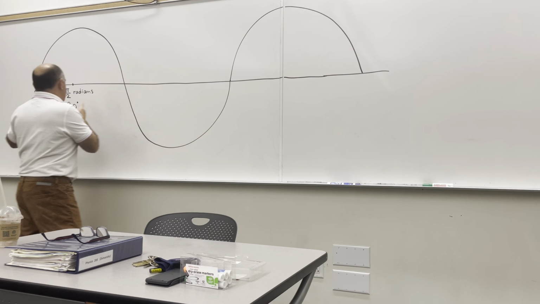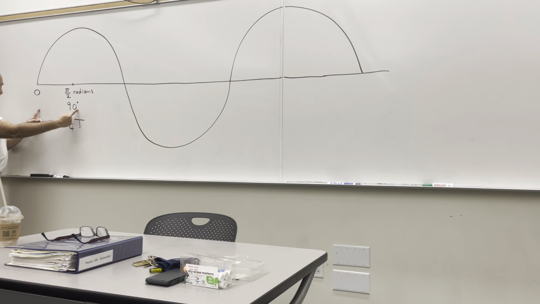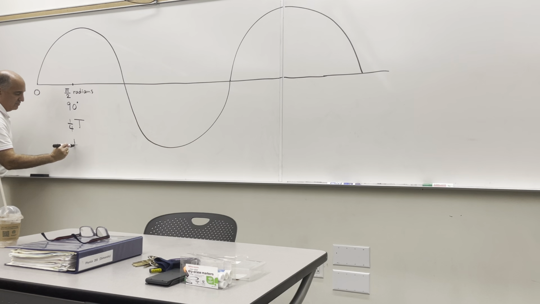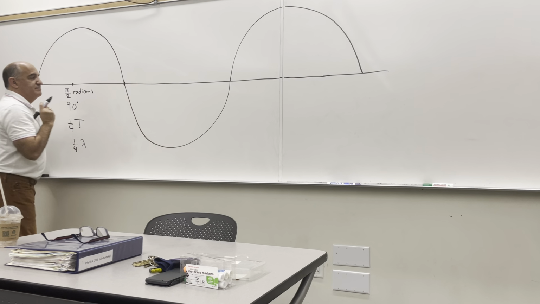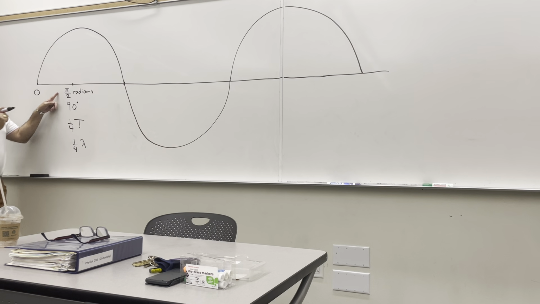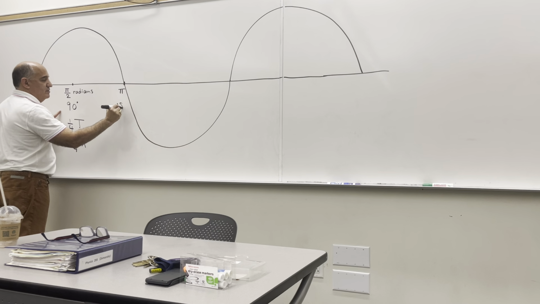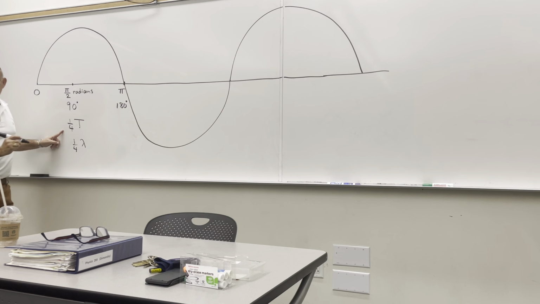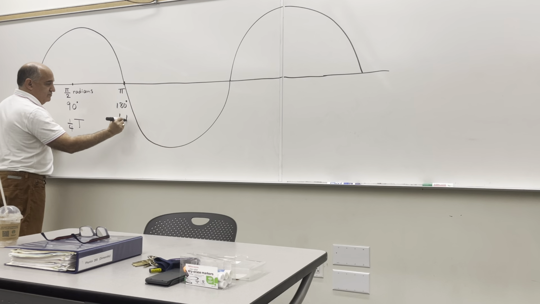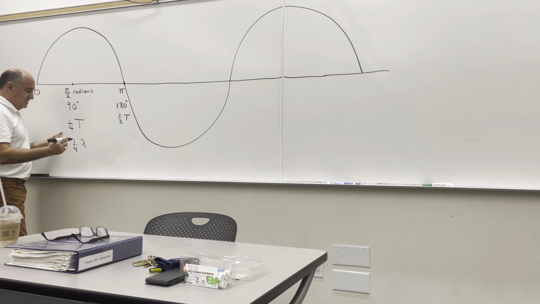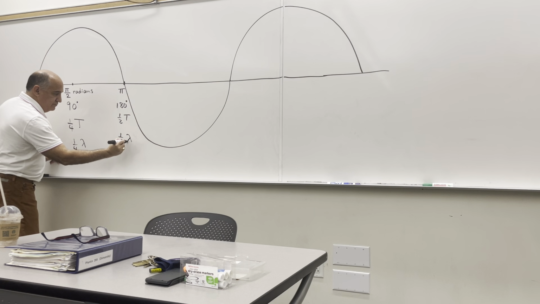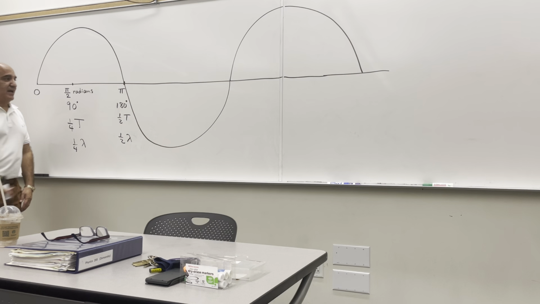A wavelength. So how much is this then? 1/4 of the wavelength. Yes. What would this number here be? If it's an angle in radians, it would be pi. If it's an angle in degrees, it would be 180. If the horizontal axis is time, this would be half a period. And if the horizontal is a distance, this would be half a wavelength. Right? And then this one would be,